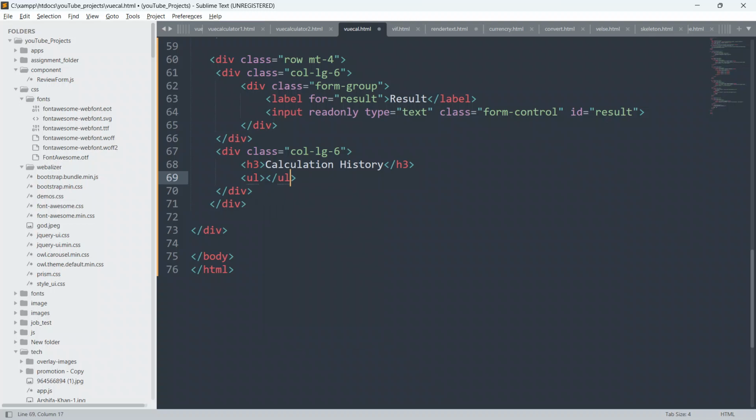And inside this ul we are gonna use li. Now on this li we will be using the v-for directive.